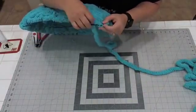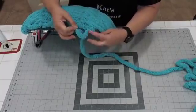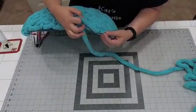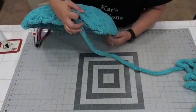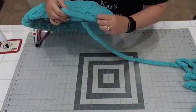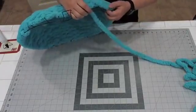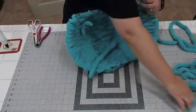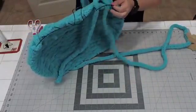So I've done my edge, here's my corner, right? If I pull too hard, it's gonna pull my corner up. This is where it needs to be down here. Can they see that? If I pull on it to put tension on it, I've created a gap. So what you have to do on your ends, this is where Melody was saying she was struggling, is you kind of have to hold it and then feed your last little pieces through. So hold your end